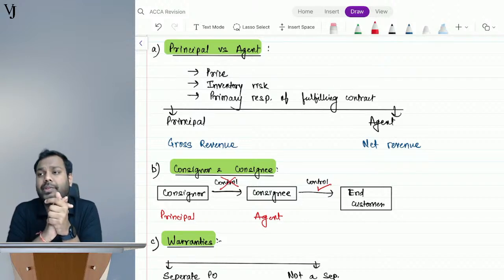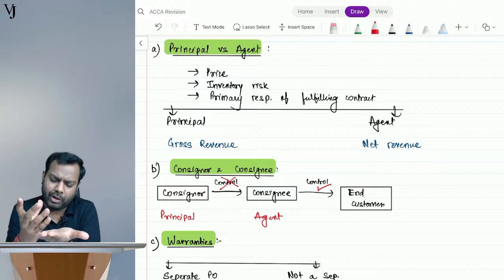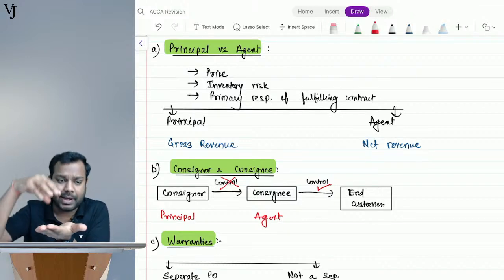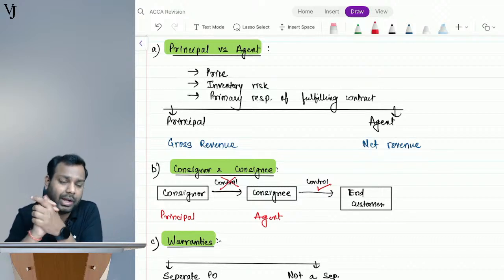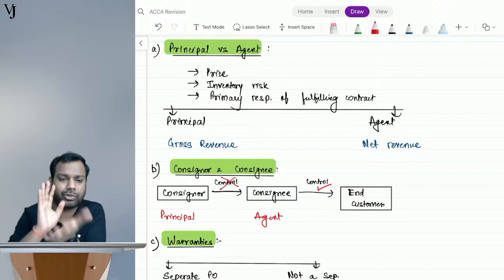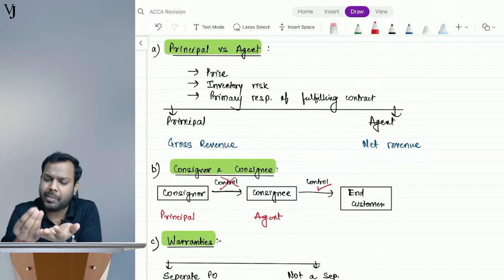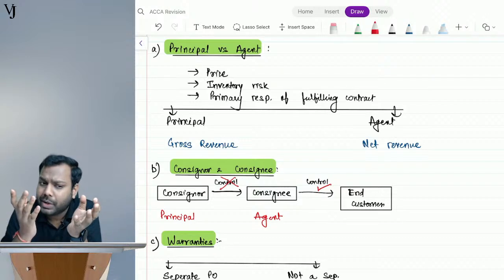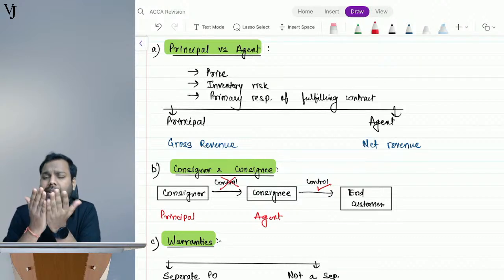Understand guys, what happens is, there is an Amazon. So what does Amazon do? He brings in the sellers and the buyers to one place and creates a marketplace wherein they can do the transaction. And he collects a commission from the seller and from the buyer, from both of them. That's all. And this commission is an income. So the first question that comes up: how to identify whether he is a principal or an agent?